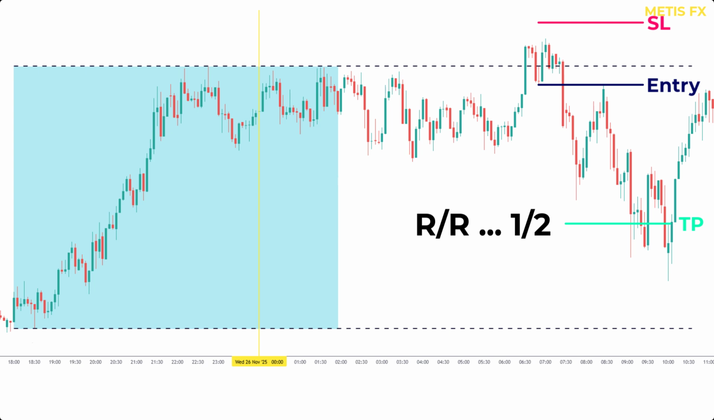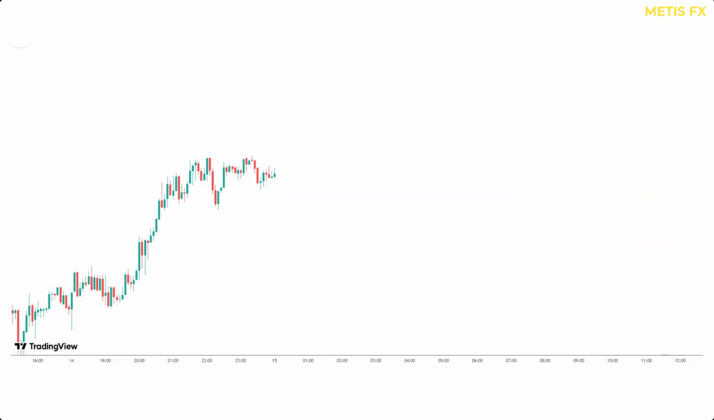Experienced traders know how powerful a 1-to-2 risk-to-reward ratio is, and they truly appreciate this opportunity. And here is the take profit. We take our share from the market and exit. Now let's move to the live trade, which has several very important points that will make this strategy fully clear